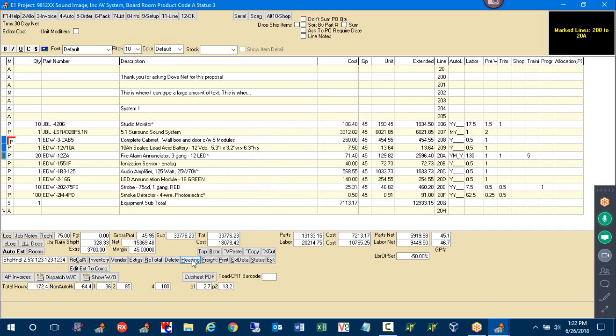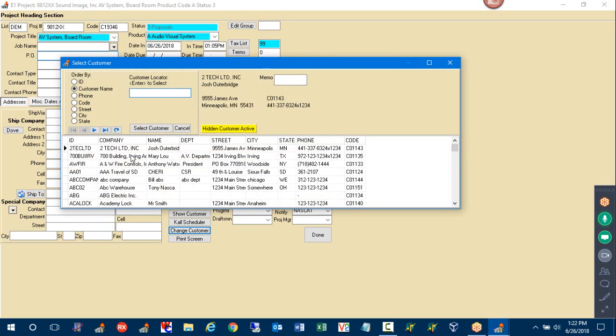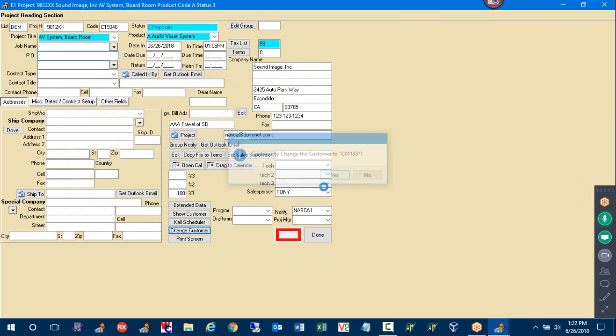We've already been at the heading section. This is where you change the description, the ship address. You could change the customer. So if this is the wrong customer, we thought it was going to be Sound Image, but now we're going to bill the high school or the school, you can hit the change customer screen and then choose a different customer, and now it's letting you change that customer just like that. Okay? Incidentally,